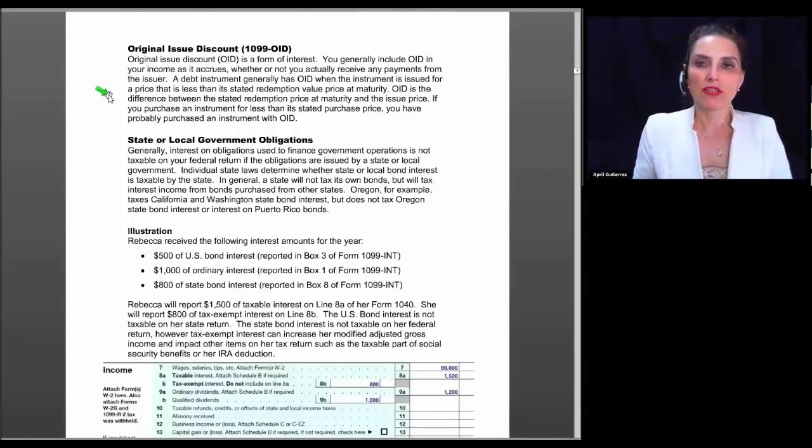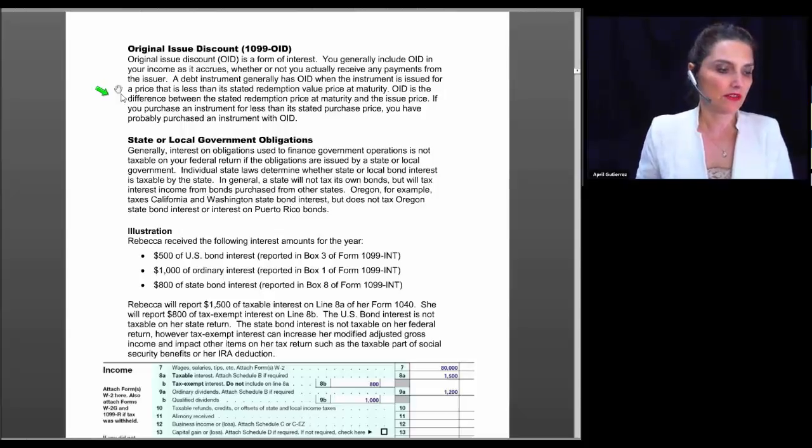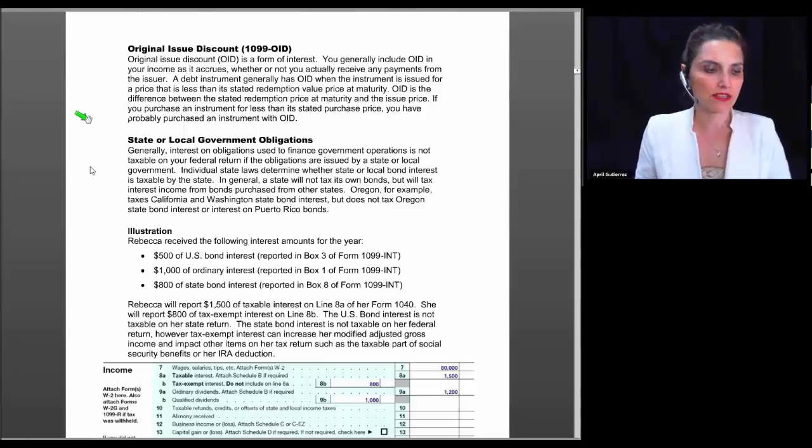A debt instrument generally has original issue discount when the instrument is issued for a price that is less than its stated redemption price. So if you purchase a bond for $10 and when you redeem it, it's going to be worth $15, that's the equivalent of original issue discount. So original issue discount is the difference between the stated redemption price at maturity and the issue price. And if you purchase an instrument for less than its stated purchase price, you probably have purchased an instrument with